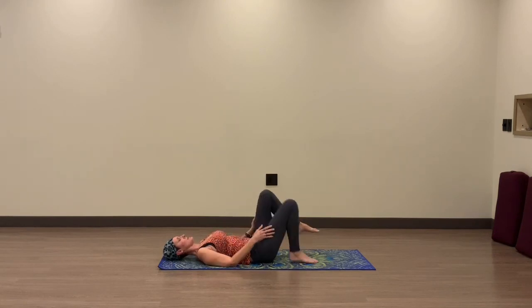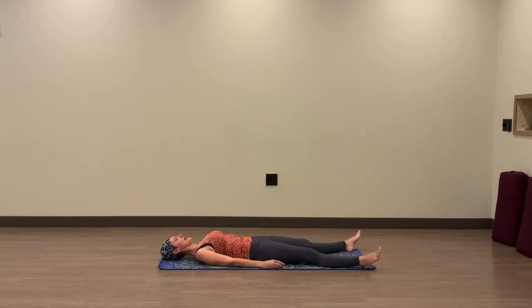And when you're ready, extend both legs out towards the corners of your mat, or just out as wide as they're comfortable. You can have your palms to your side facing the sky, or if you feel like you want to feel more grounded, you can have them facing the earth. Just close your eyes. This will be your Shavasana, so you can pause here and take a little bit longer